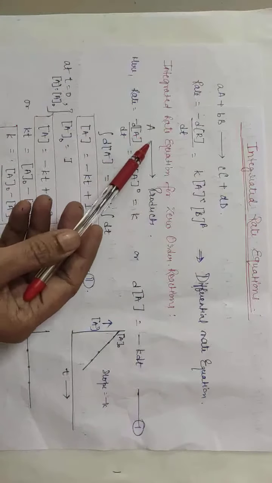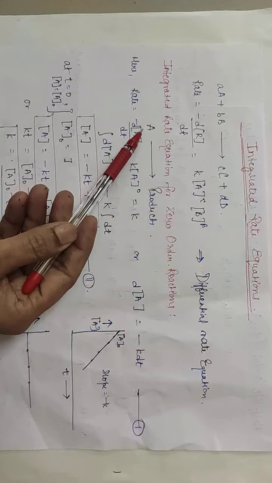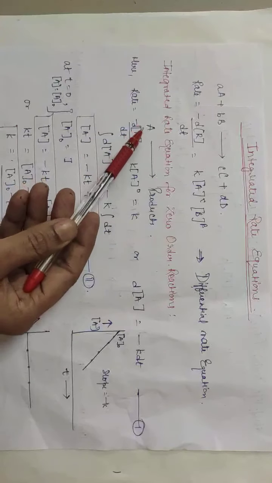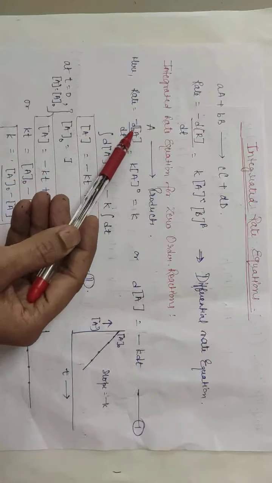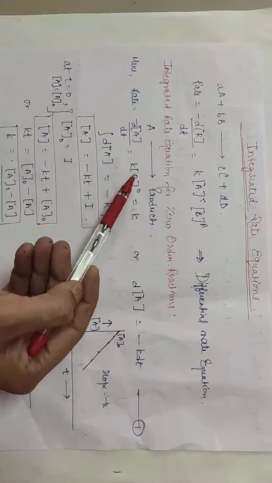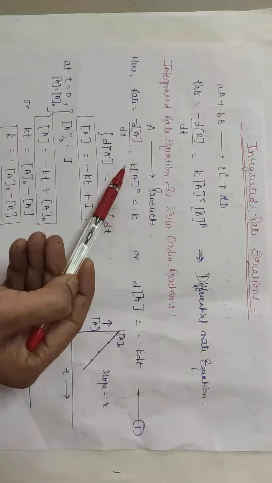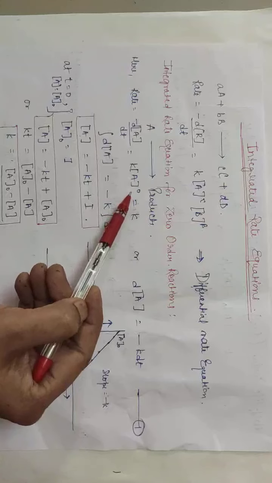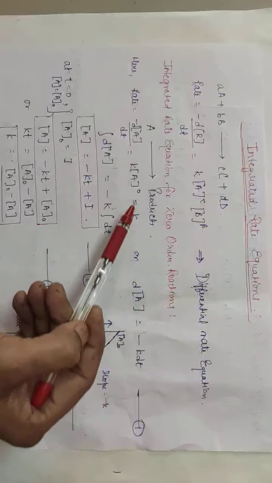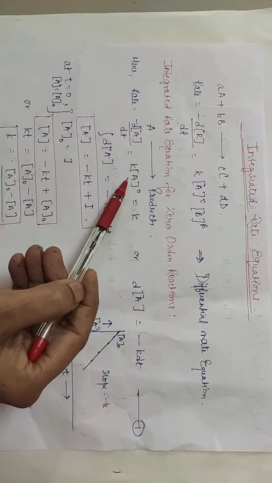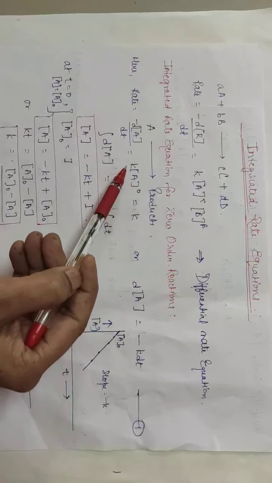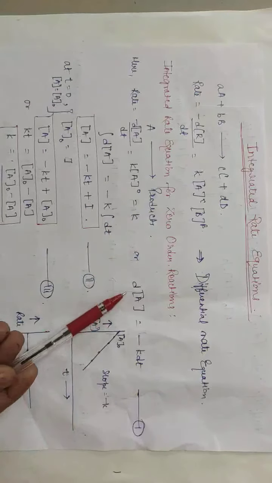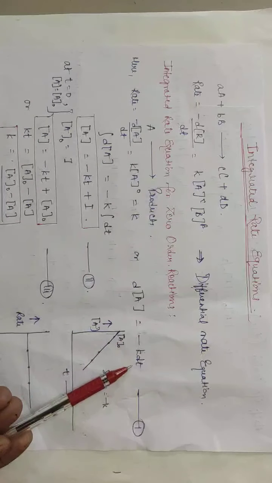Now consider the simplest reaction where reactant A is converting to product. For writing the rate, you will write minus dA by dt is equal to K into molar concentration of A to the power 0, because it is a zero order reaction. So order with respect to A will be 0. And since it is 0, it will become K, or dA will be equal to minus K dt.